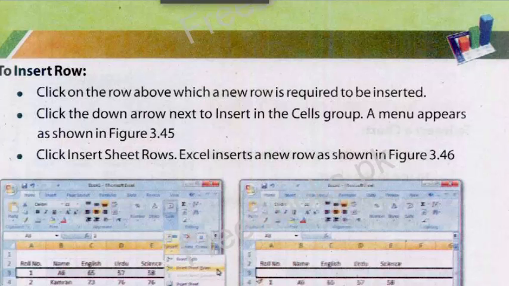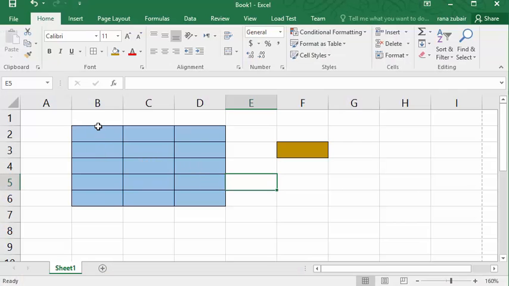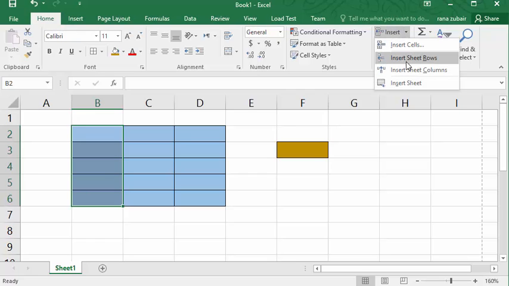Let's go for an example. I select this one. I want to insert a column. I will go to the Home tab, then click on insert. Here it is written insert sheet row. No, insert sheet column.